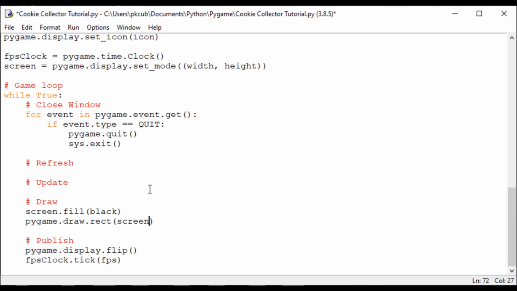Now, along with screen, we're also going to need a color and some stuff to tell us what size and where the player will be. So after screen, we need to do player color to define the color. Color, player color. And then after this, we need a tuple, and this will house the player X,